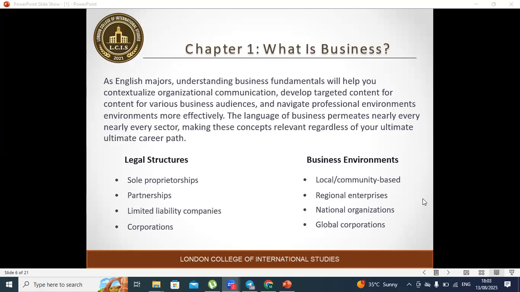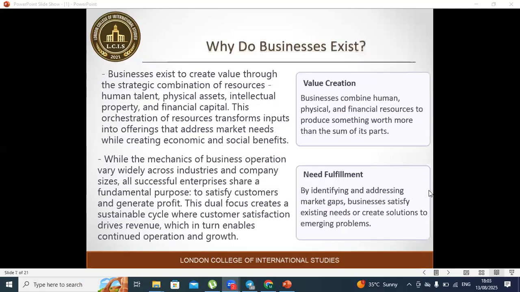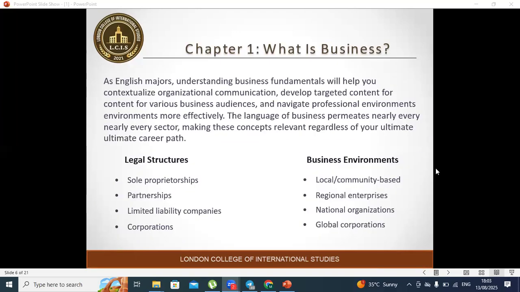Partnerships. It means I will work with you. You can share with 49%, and I will share with 51%. I will be the chairman of the board. I will be the general manager. And when we have profits, I will give you your 49% profit, and I will take my 51% profit.